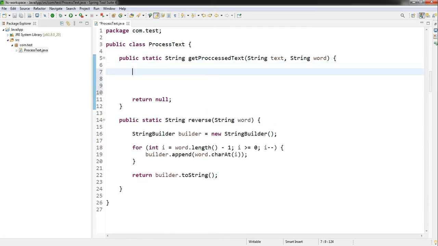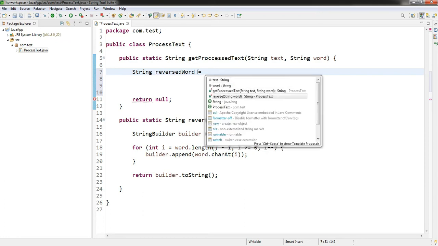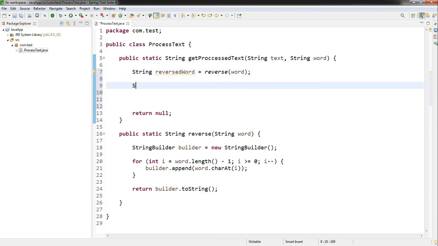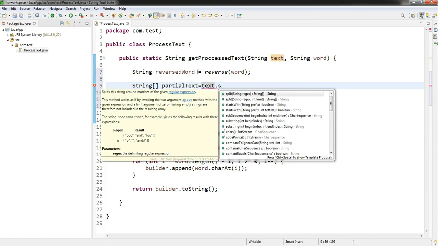Then first I will create one variable, String reversedWord equal to the reverse of the word. So this will give me the reversed word. Now I will create one string array, partialText, equal to text.split.